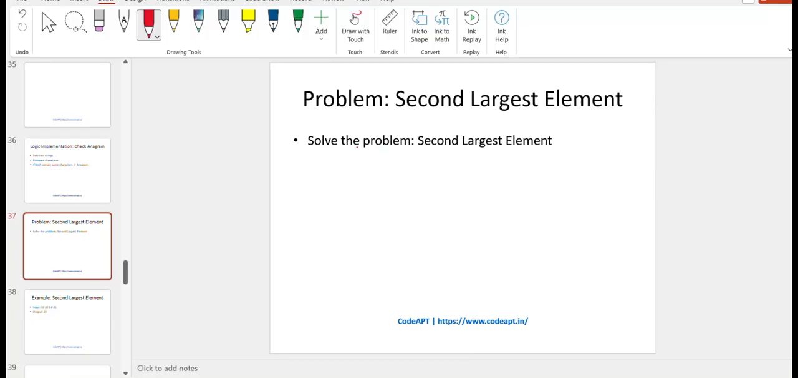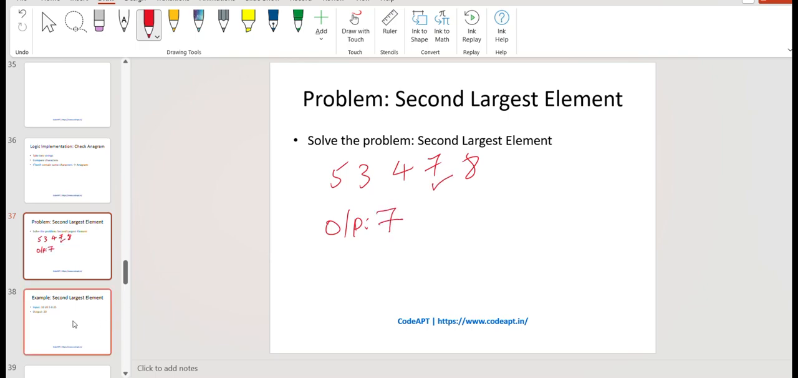Given problem statement, find the second largest element in a given array. Suppose an array 5, 3, 4, 7, 8 is given. Then the output should be the second largest element, which is 7. So our approach will be just sort the given array